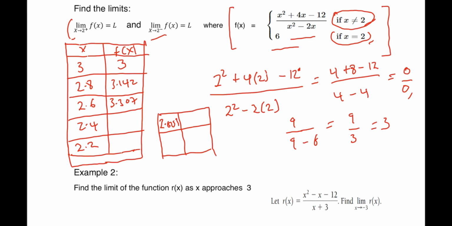3.307. At 2.4, we are going to get 3.499. Pardon my handwriting. And then at 2.2, we are going to get 3.726, and then at 2.001, we are going to get